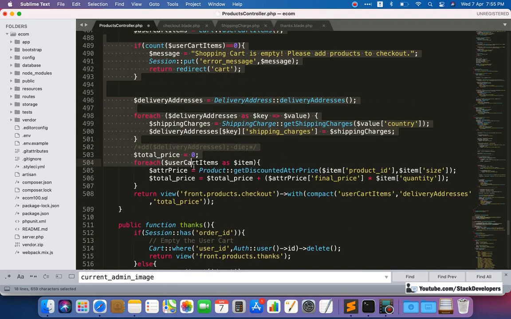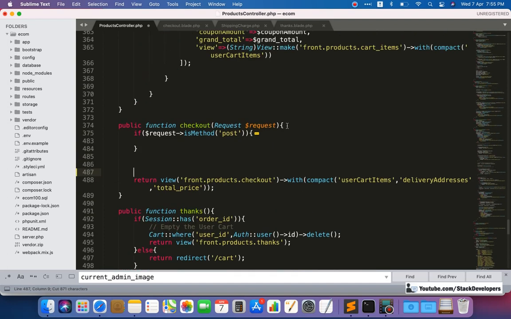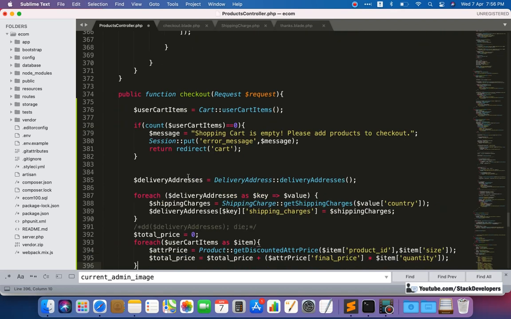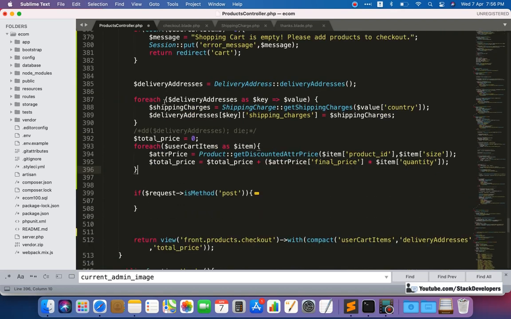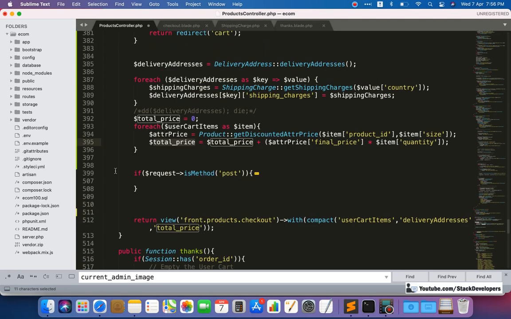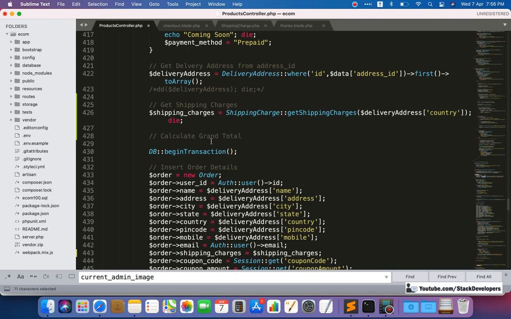We can do one thing: cut this amount of code and paste it at the top. I hope no issue will come up. So now we have this total price.